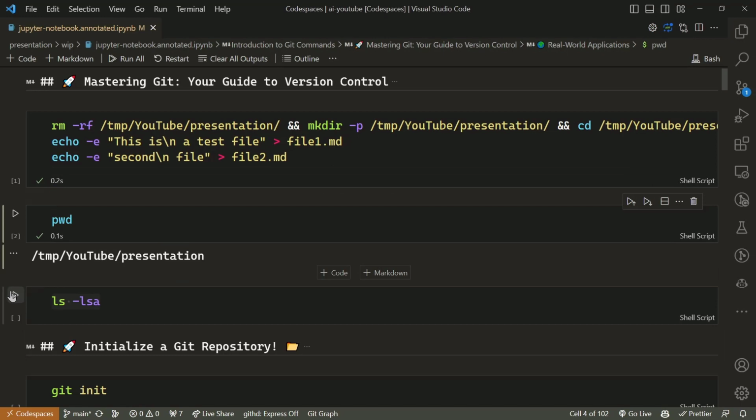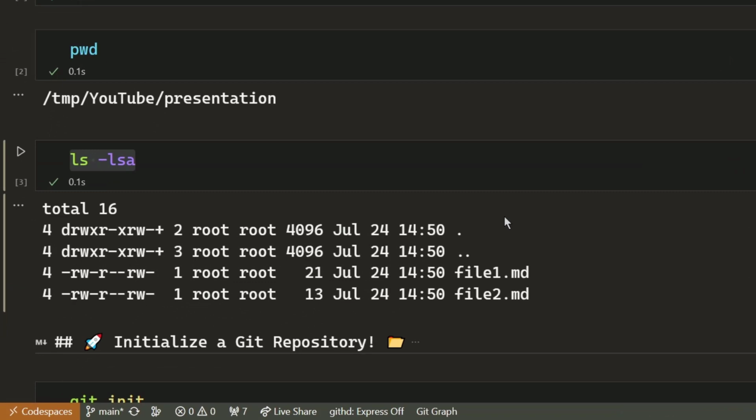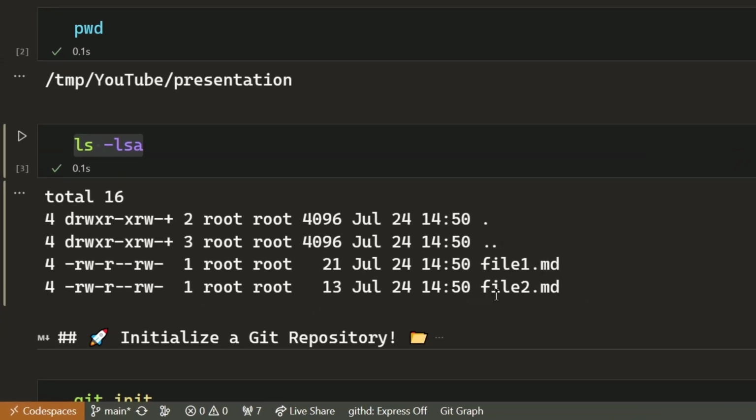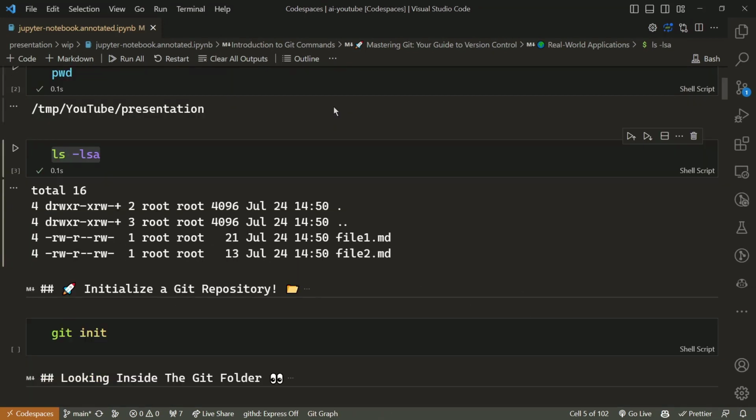And I'm now just going to list out, just to prove that I've only got these two files in that directory, and I'm using the full syntax to show hidden files. And you can see here, I don't have anything other in this directory other than those two files that I just created. So now I'm going to initialize our repository